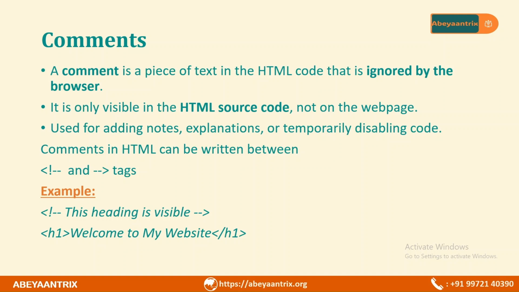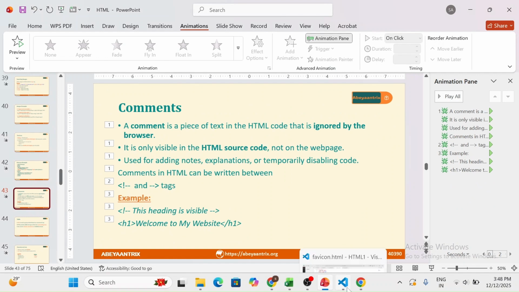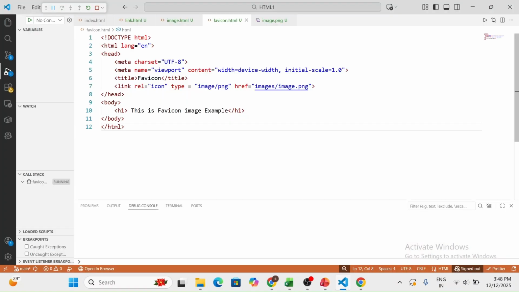So here is the practical example. Like you can see here, this heading is visible: welcome to my website. Only this will you get in the output. Okay, so we'll see it with an example. We'll move on to VS Code. So here I will show you